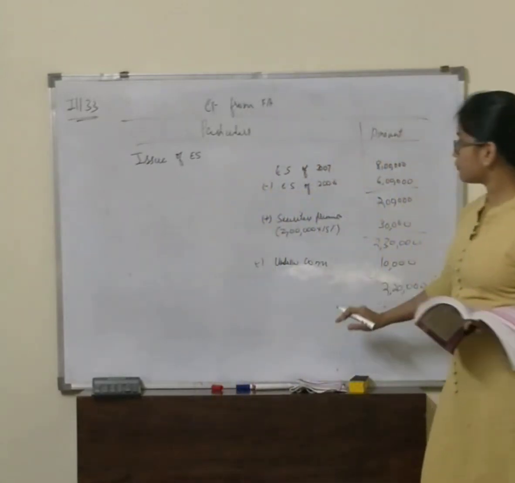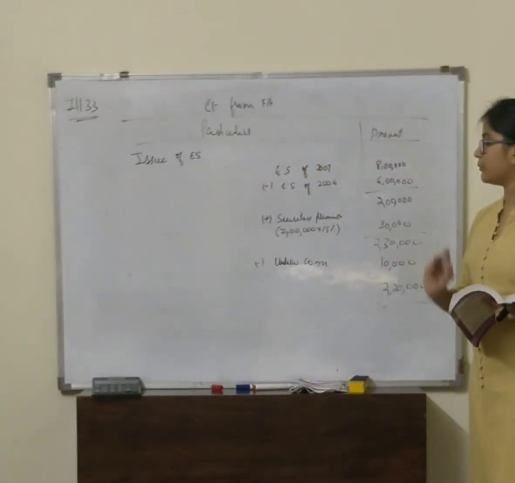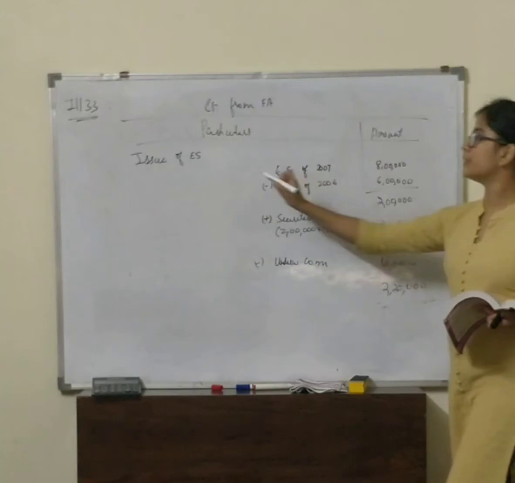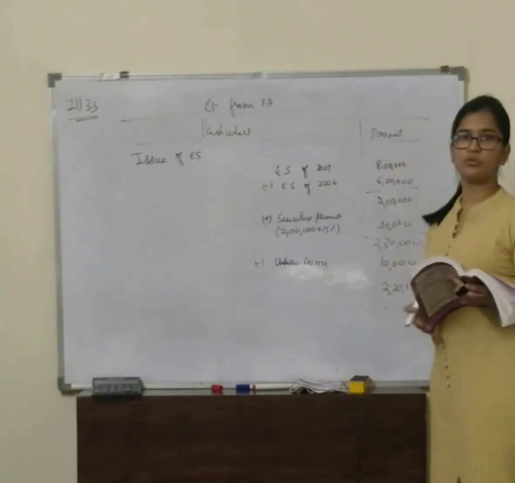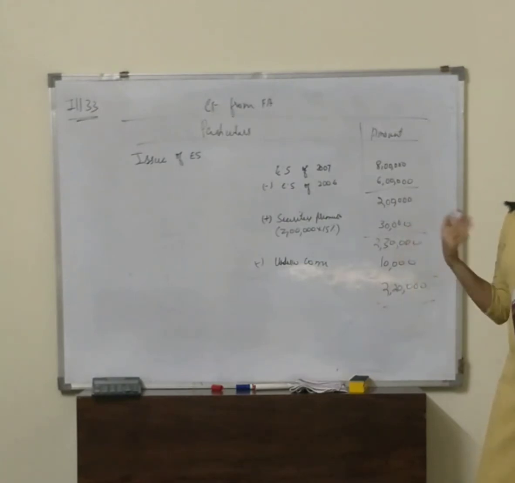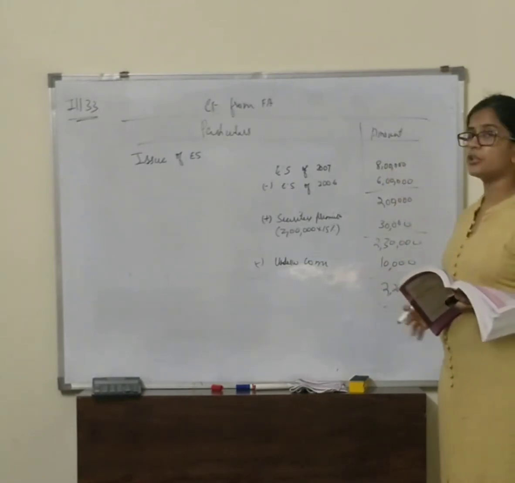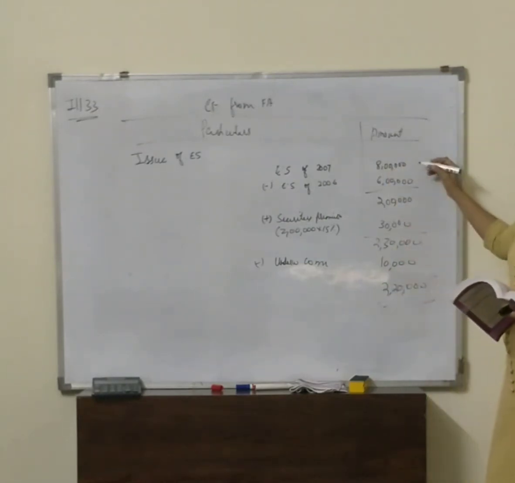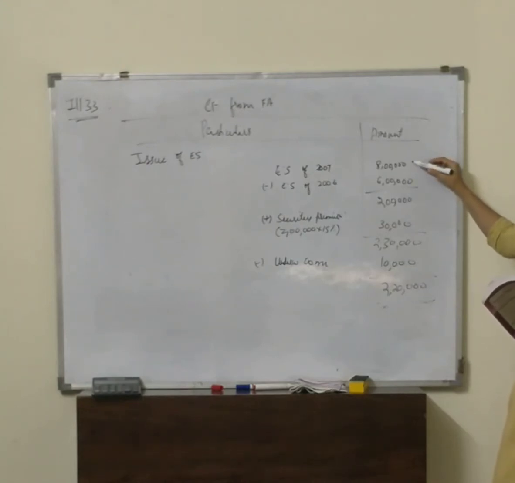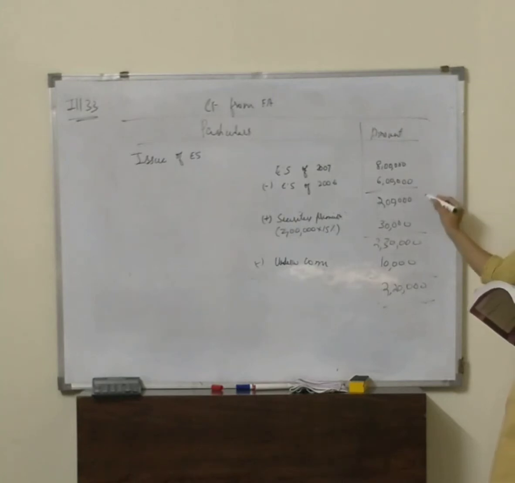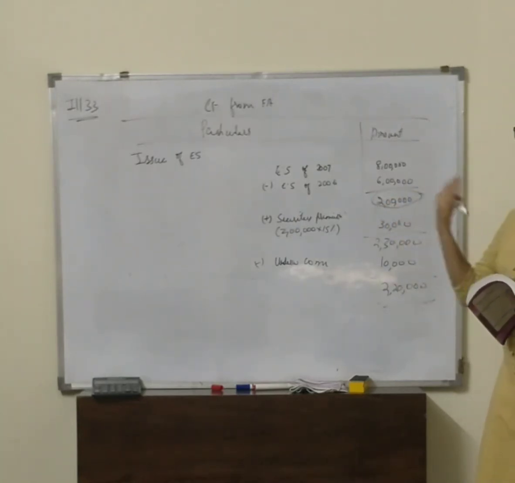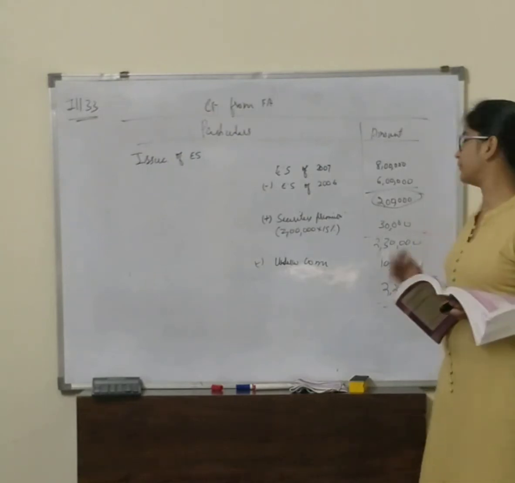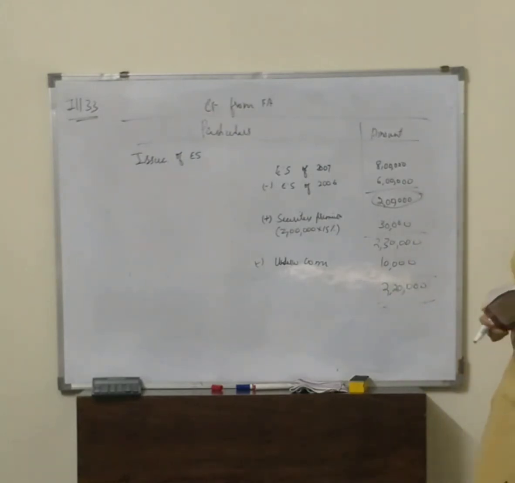If all the other information, like securities premium and underwriting commission, was not given, we would just write proceeds of equity shares: 8 lakh minus 6 lakh, that is 2 lakh. But in the problem they have already given us so much information about equity shares. So first we write down the equity share of the year 2007 and deduct the previous year's equity share, that is 6 lakh. Which means from last year's 6 lakh there has been a further issue of 2 lakh shares. It has increased to 8 lakh.